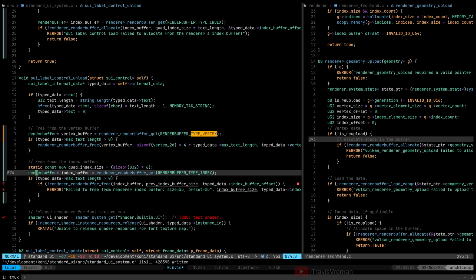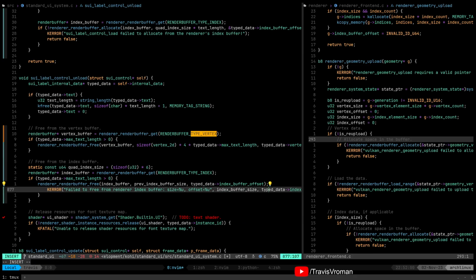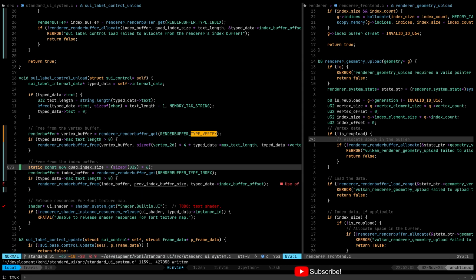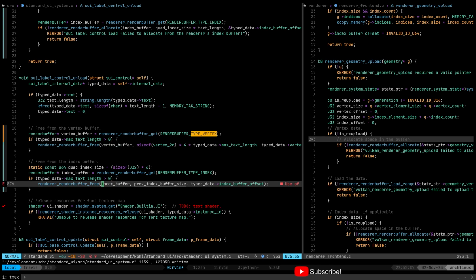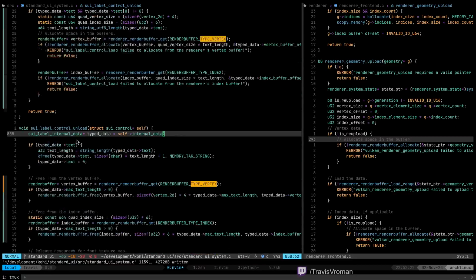Right. So this is going to wind up being size of U32 times 6 times typed data max text length. All right, so there's our unload fixed.